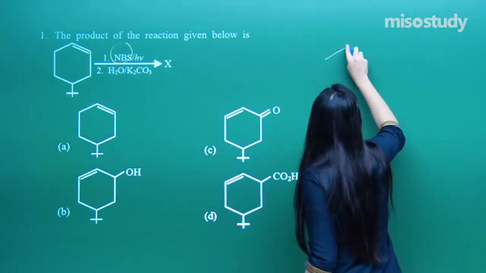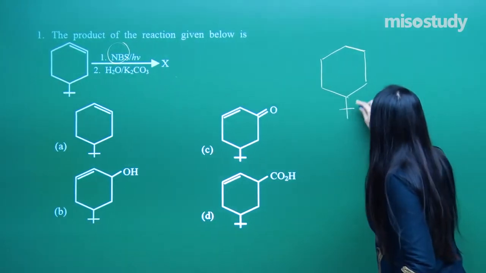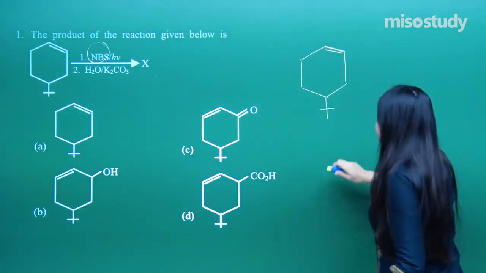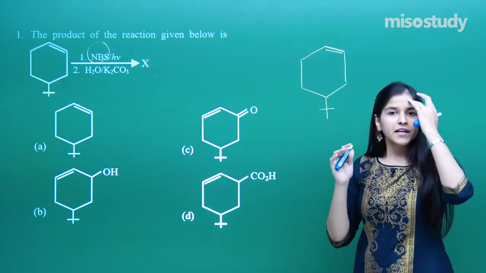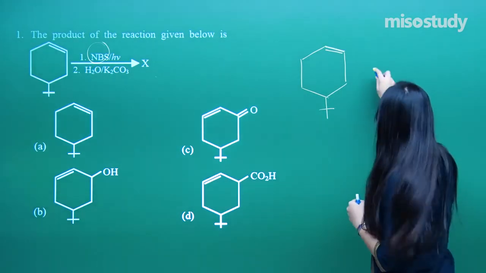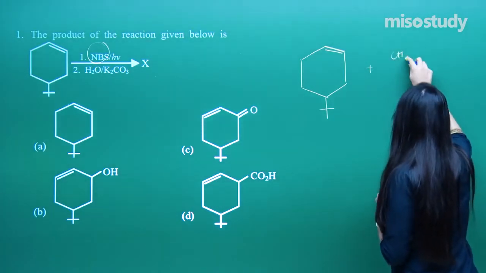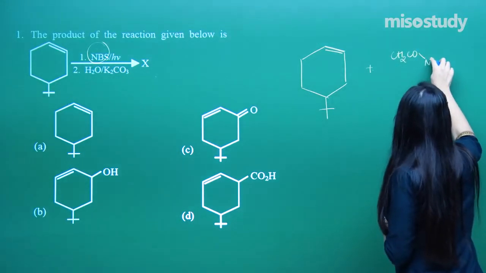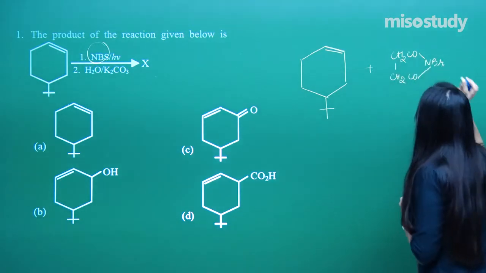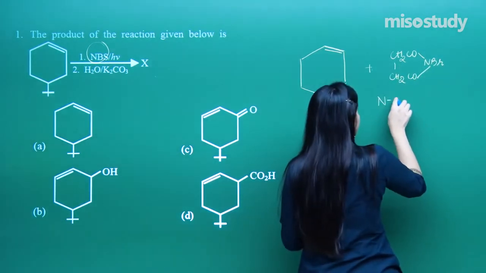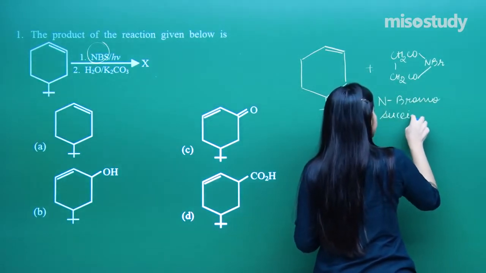So I have got this as my reactant. So that is the reactant over here. This is nothing but a bond line formula. It has got 3 methyls over here. Now I need to have the mechanism to this reaction and it involves N-bromosuccinimide, so that is nothing but N-bromosuccinimide.